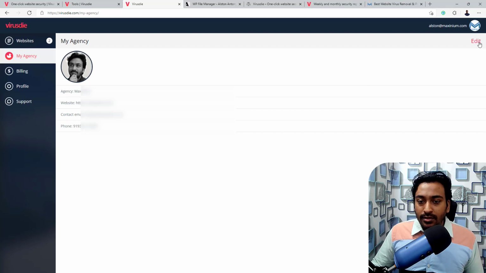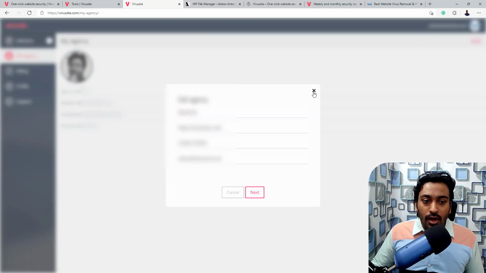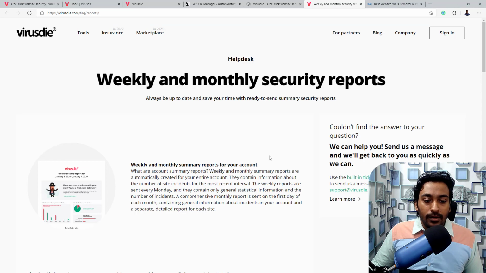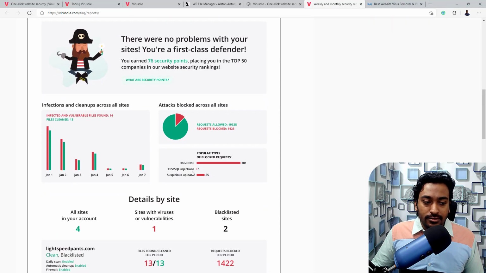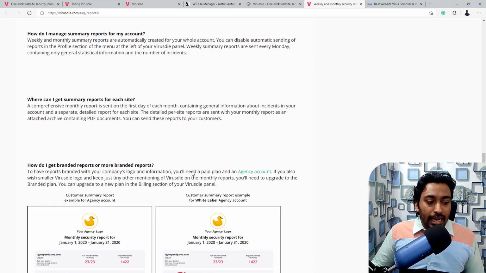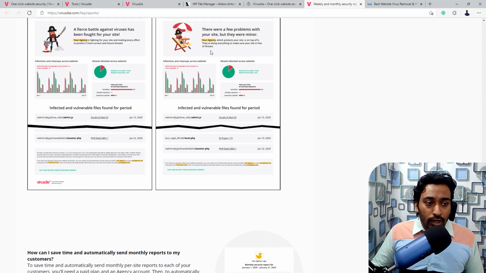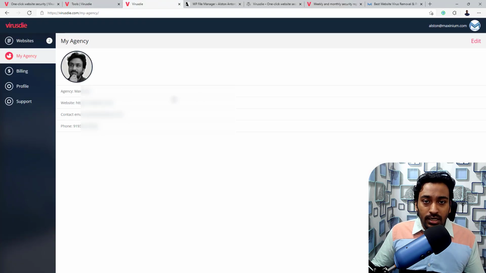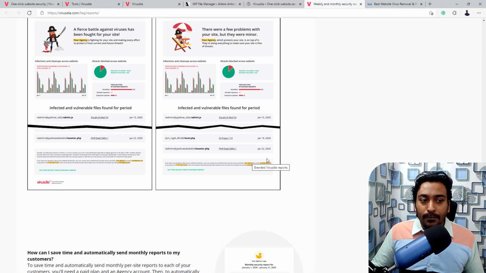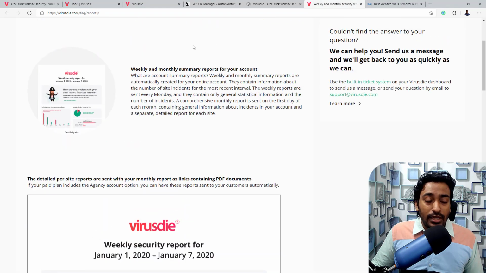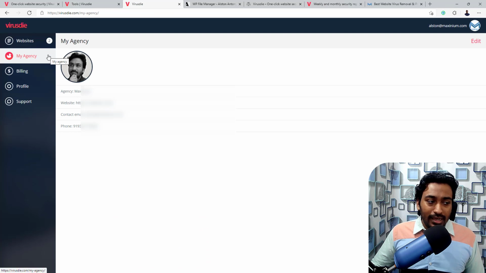Basically, you can customize all these things as you want. Where this will appear is when you are generating reports for your clients or your personal records. It will change all the branding here. For example, the logo title or the logo name. Whatever data you set up here will automatically replace it in these particular reports. So that is the only place where you control the agency.